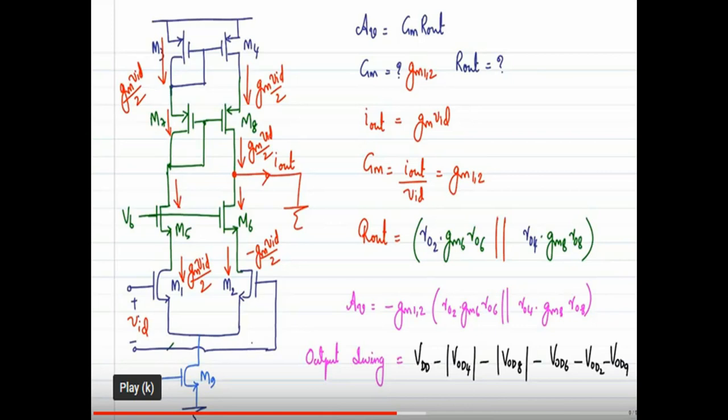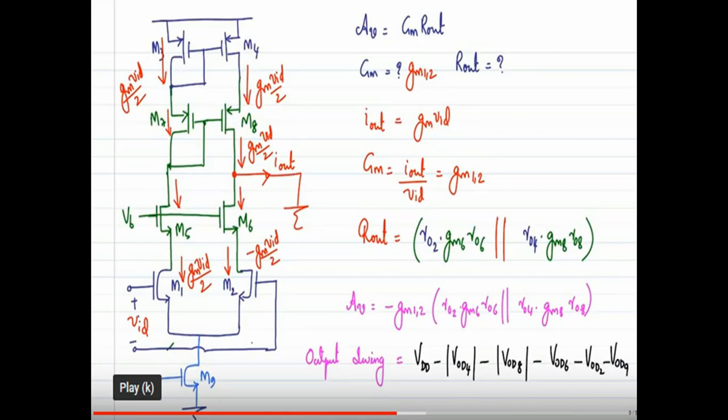So first we want to find what is I out of this telescopic op-amp structure. For that, consider the input voltage as VID, that is the differential voltage applied between M1 and M2, that is our input pair transistor. Okay, so what is the current flowing through the transistor M1? The voltage applied to the gate terminal of M1 is plus